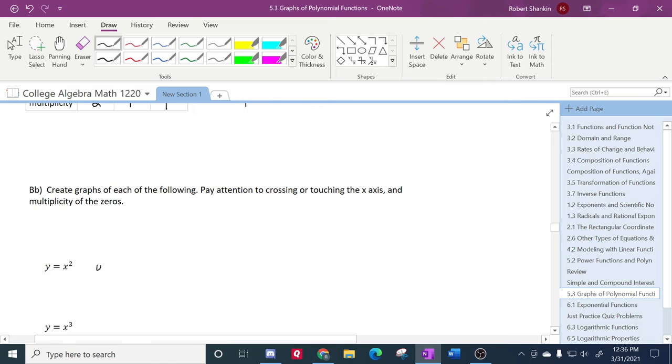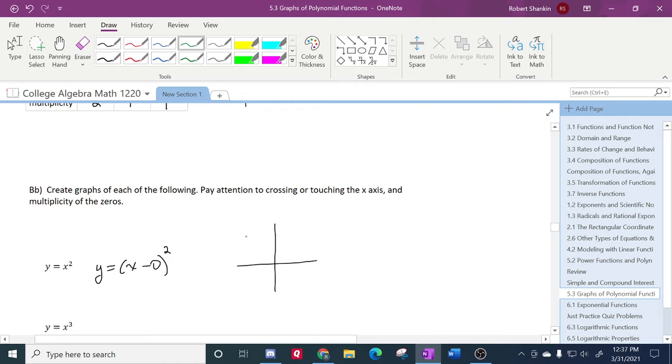This one is the same as y equals x minus 0 squared. And if you plug in 0, it causes this thing to be 0. So the 0 is 0. And so if we graph y equals x squared,